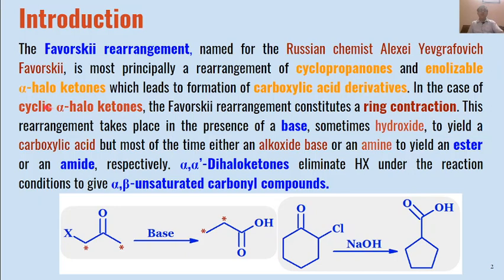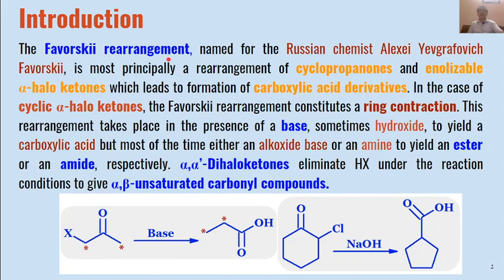What happens is that when alpha-haloketones, which are enolizable, or the cyclopropanone derivatives of halogens, are reacted with a base, they are converted into carboxylic acid derivatives, and such type of conversion of these alpha haloketones into carboxylic acid derivatives is called